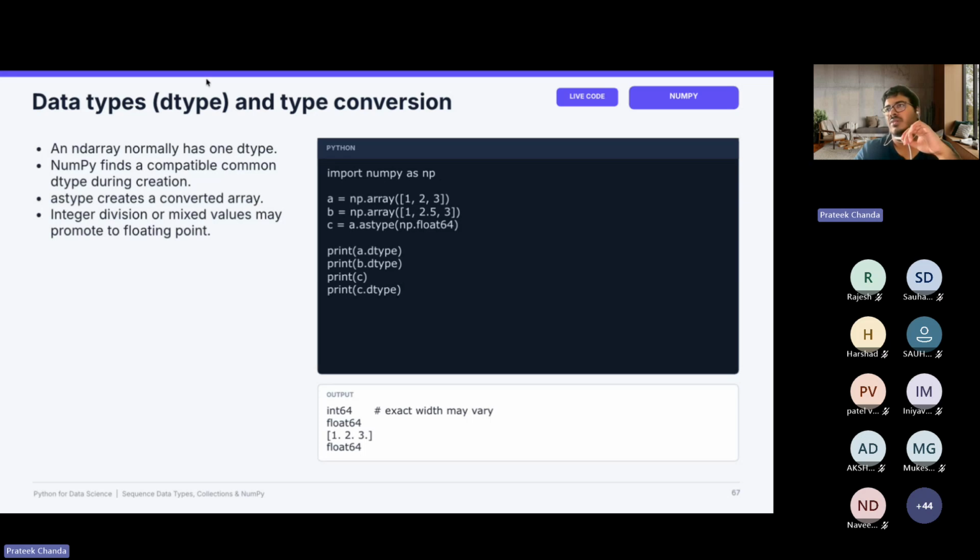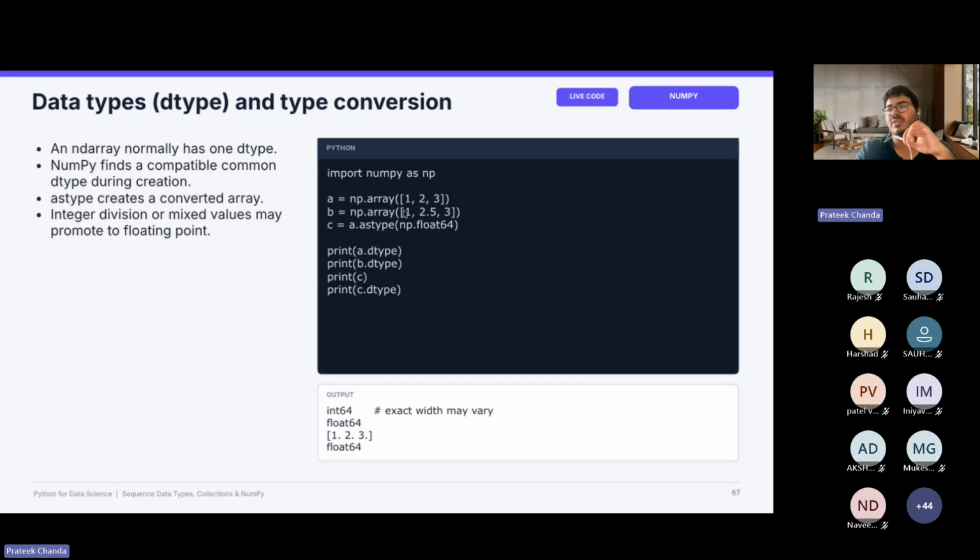So here, for example, A is an array of integers, and B has items of mixed data types. One is an integer and one is a float. Now what I want to do is create a second matrix C, which is a duplicate of A itself, but has type np.float64. Now if I print C, I would get 1 point something, 2 point something, 3 point something.